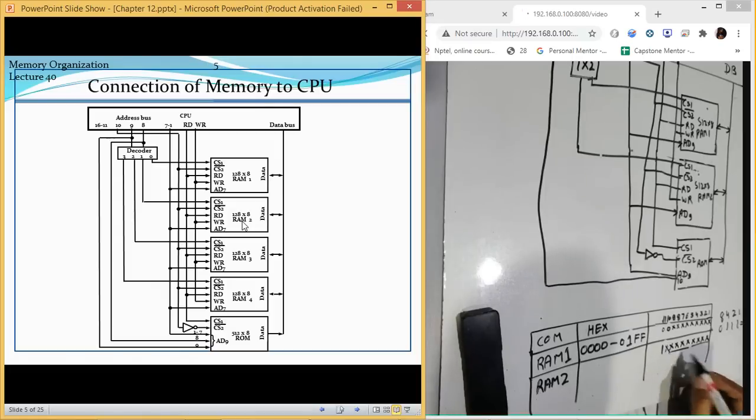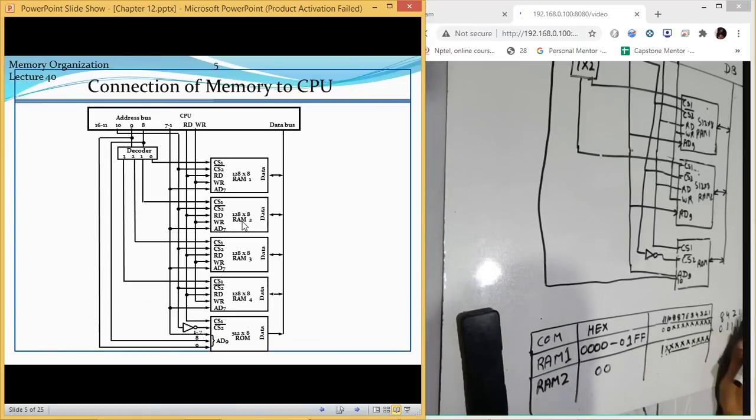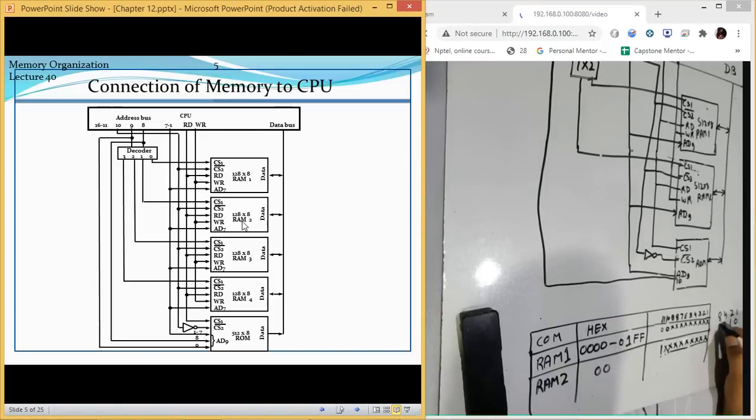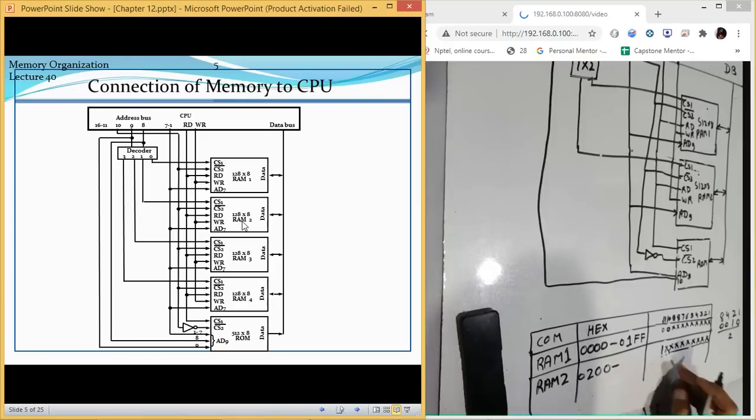Okay, now let us make all these values 0. So firstly, this is 0. This will also be 0. This is going to be 0, but this value is 1. So it means this is something like 0, 1, 0, 0. So the address will be 2. So it will be 2, 0, 0. Now, this was the address from where we have started.